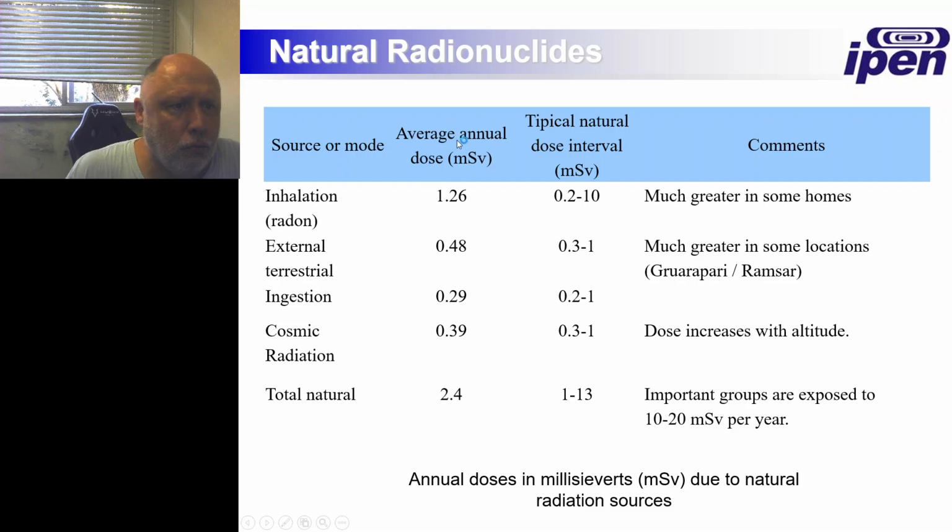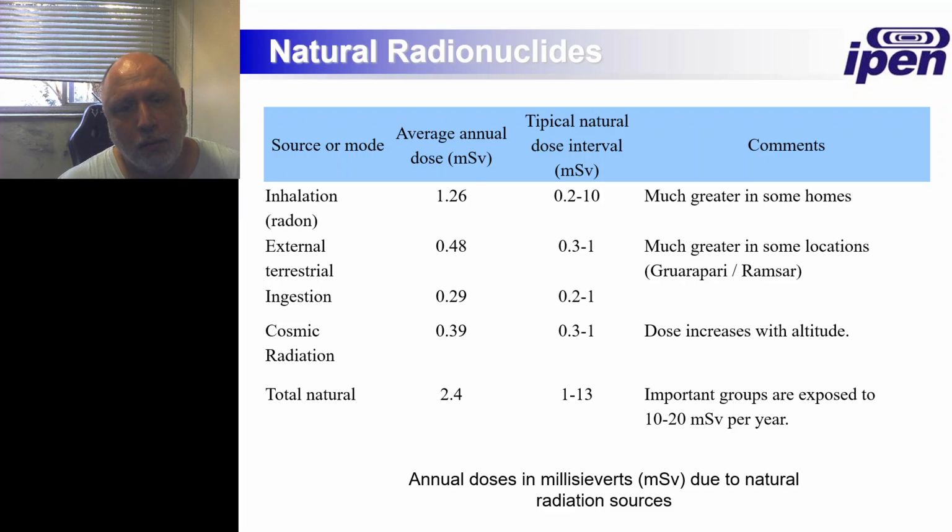Inhalation of radon will give you an annual dose of around 1.2 millisievert per year, right? And in an interval that goes from 0.2 to 10. It's much greater in some homes, especially if windows are kept closed. This is not really a concern in Brazil or in most countries because we have the habit of leaving windows open and everything. But in the US, for instance, it's a very severe question because they don't open their windows